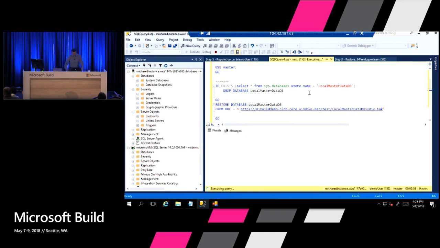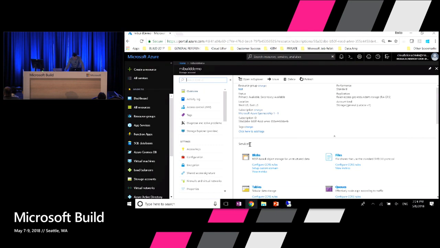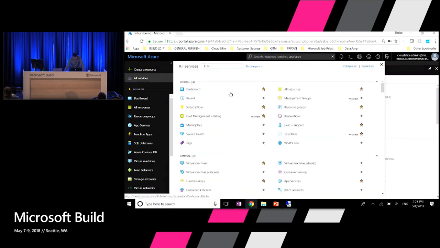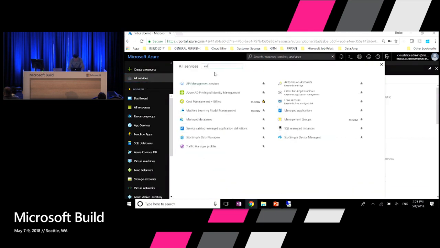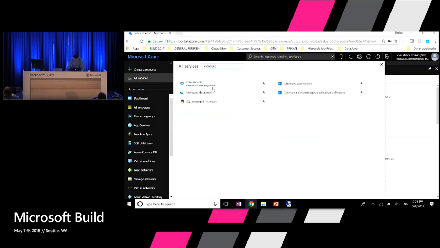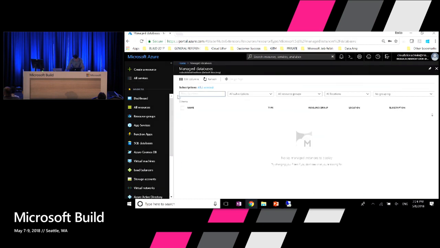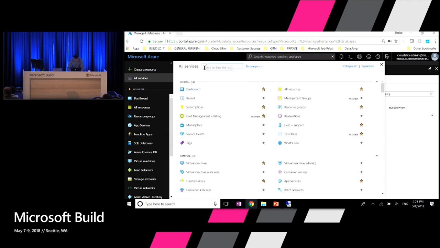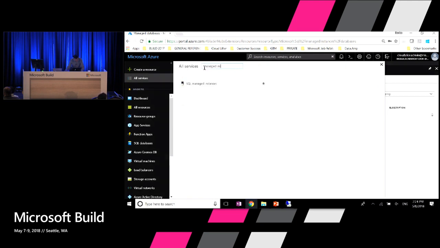While it's working, let me use a few minutes to show you what options are available out of the box. Oh, no, this is managed databases. I wanted to use managed instance.